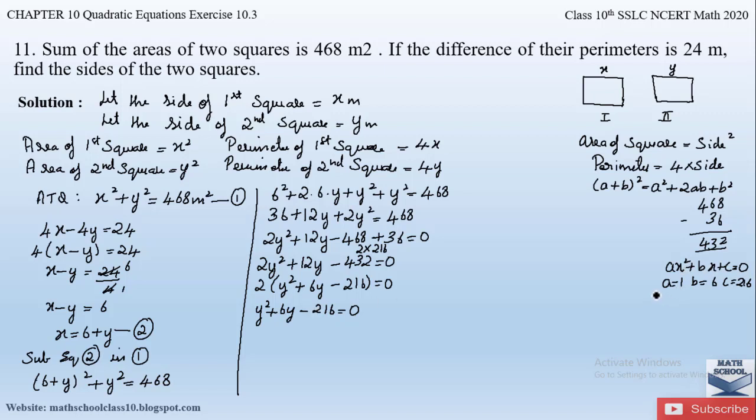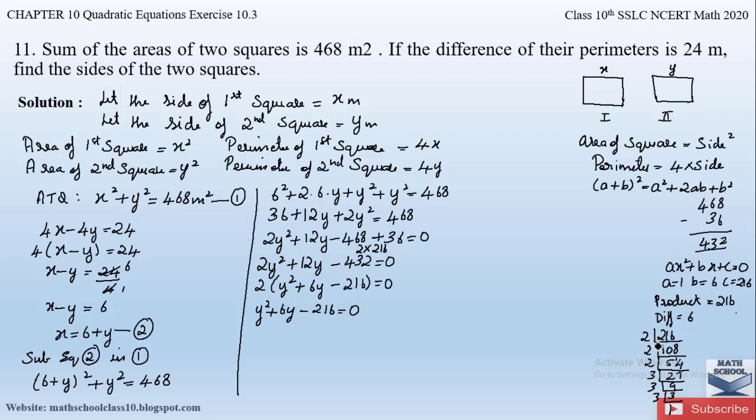So we have to take the product. Product is a into c, that is 1 into 216 is 216, and since minus sign is here, we will take the difference. So difference is equal to b, that is 6. So let us factorize 216 first. So 2 8s are 16, then 2 5s are 10, 2 4s are 8, 2 2s are 4, carry 1, 2 7s are 14. So we will have 3 9s are, or 3 3s are, and 3 1s are.